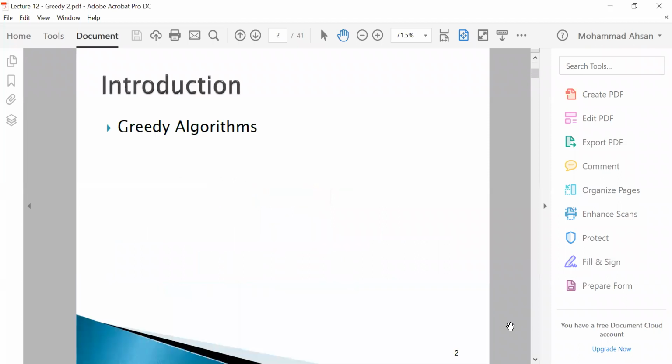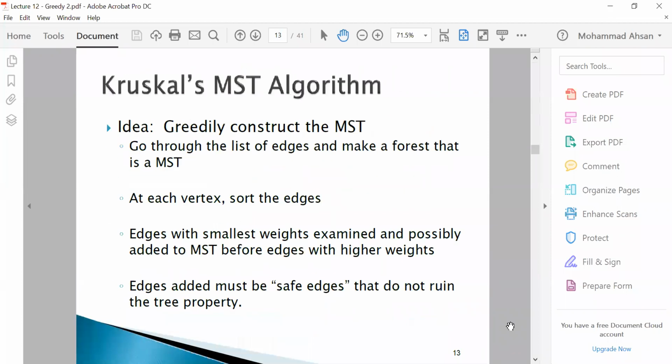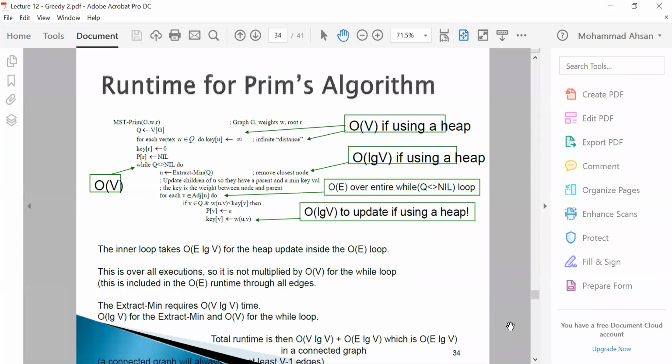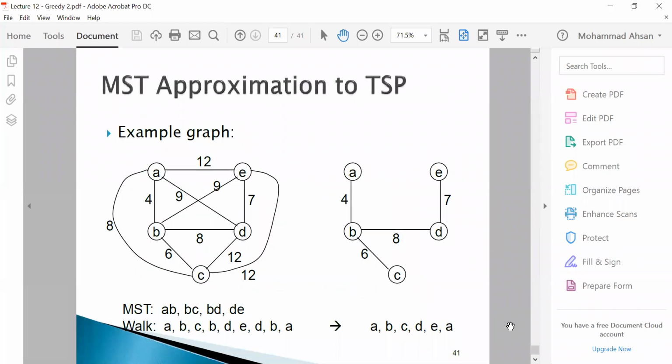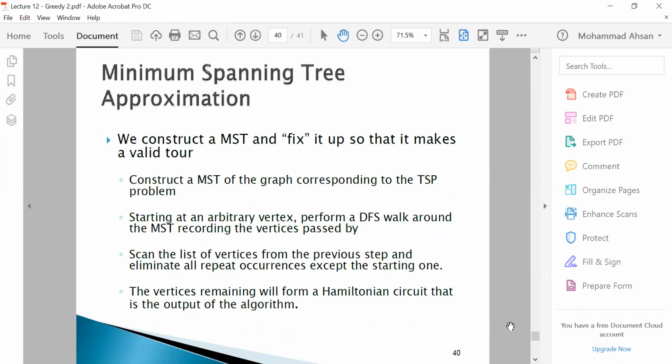Okay, I just accidentally closed it. So now, before going to the next problem,